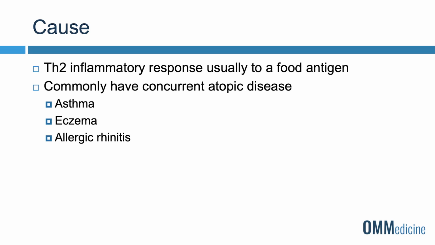So eosinophilic esophagitis is exactly what it sounds like. It is inflammation of the esophagus due to some sort of food antigen that then causes a large amount of eosinophils to react and therefore causes inflammation. And just as we see with many other eosinophil-dominated conditions, eosinophilic esophagitis is going to be associated with many other atopic disease processes such as asthma, eczema, allergic rhinitis,